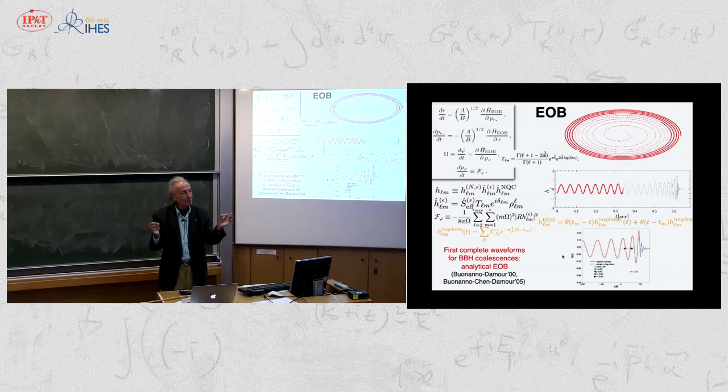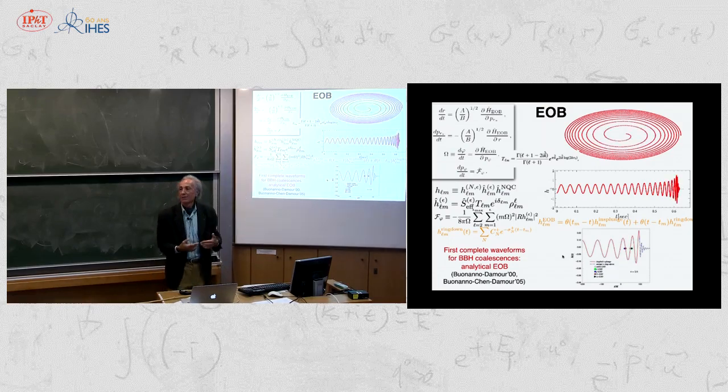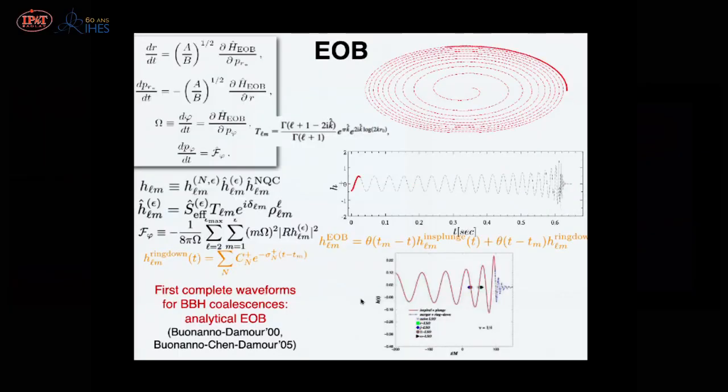It's a resummed description, but these are still two point masses. Evidently, at some point, I have to say these two black holes are not point masses, and they will, in a sense, coalesce. How do I do that? We invented a way within the effective one-body method to describe at which moment you replace the two point masses